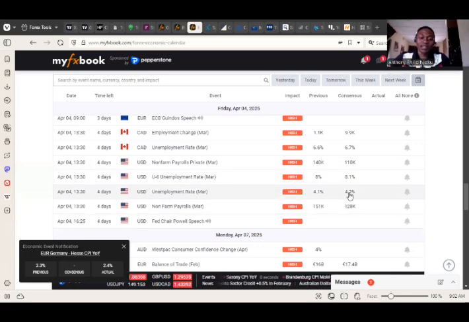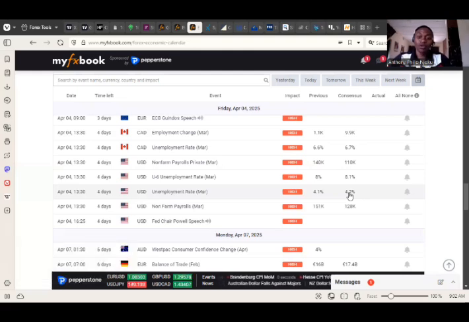Dollar, based on the fundamentals I've read over the past week, they say that the labor market is quite static. Nobody is laying off. Instead, they're adding more workforces. And Trump has also increased the benefit for businesses employing more people, reducing the tax that they charge those businesses. So this unemployment rate figure, a figure lower than 4.2% is good for dollar. A figure higher than 4.2%, it is bad for dollar. So that's it for the fundamental analysis.